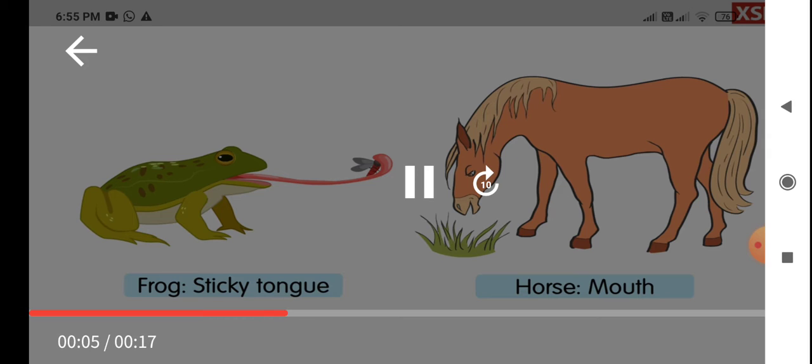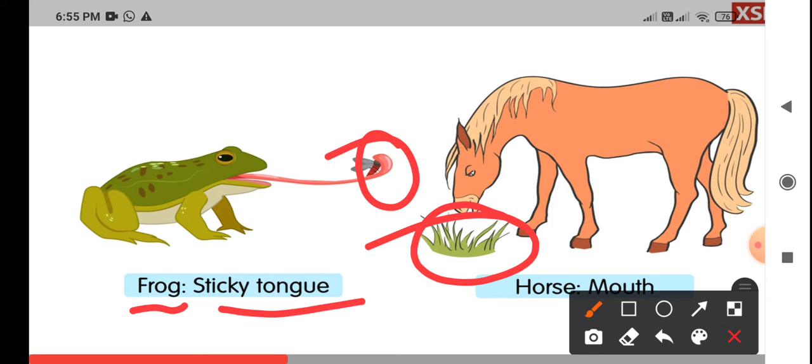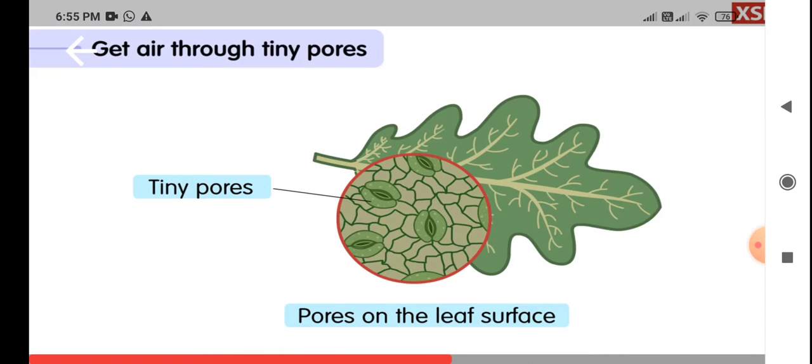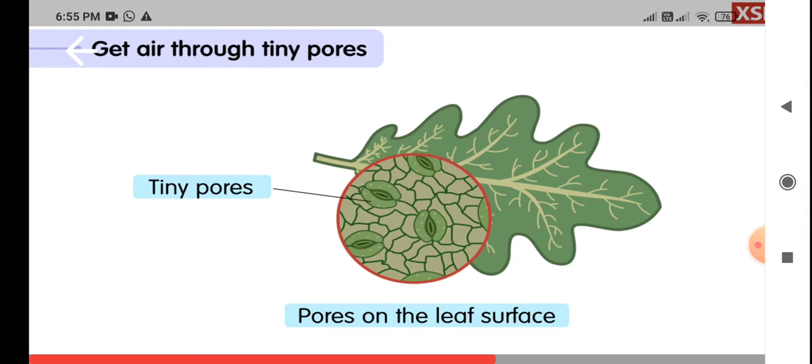And animals will eat other animals, or they'll depend on plants to obtain their food. They'll eat the plants, or they'll eat other animals. Like the frog is using its sticky, long tongue, and the horse is using its mouth for eating. And plants are also taking air like us,